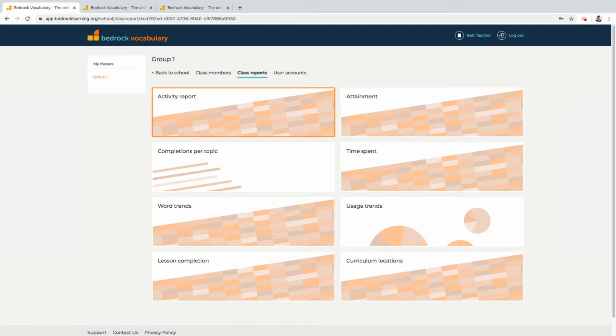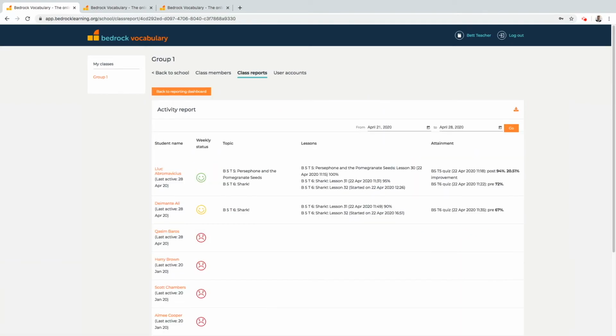The first report we will show you is the activity report. Bedrock typically recommends that students complete 2 lessons per week. The activity report gives you an overview of who in your class has achieved this. Here, you can see a list of students in the class and the lessons they have completed in the given